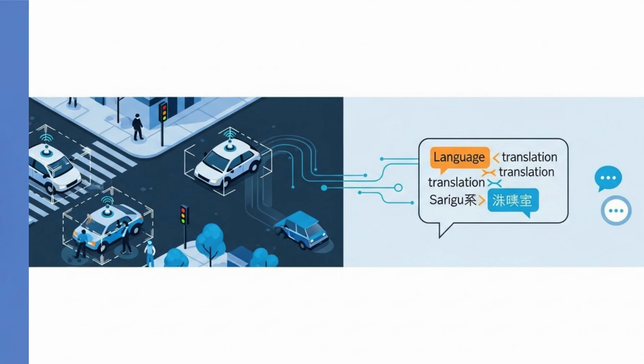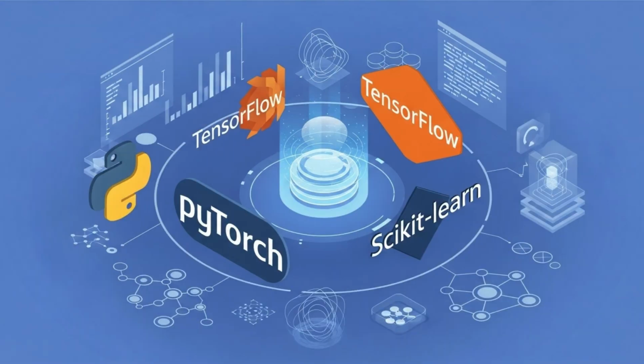For anyone looking to dive into building AI models, understanding the essential tools and frameworks is crucial. Python stands out as the dominant programming language due to its simplicity, extensive libraries, and strong community support. Within Python, two open-source frameworks have become industry standards: TensorFlow, developed by Google, and PyTorch, primarily developed by Facebook's AI Research Lab. TensorFlow is known for its robust production deployment capabilities and scalability, offering a comprehensive ecosystem for machine learning.